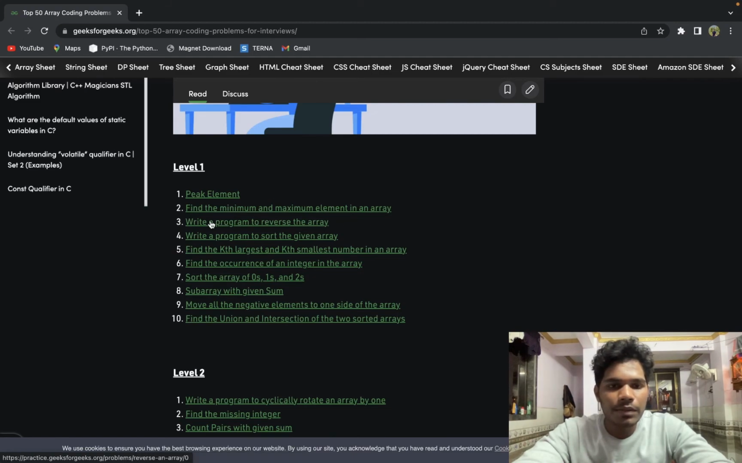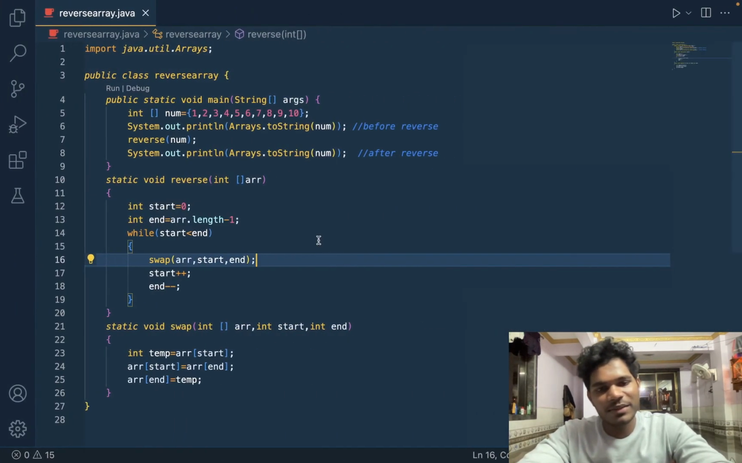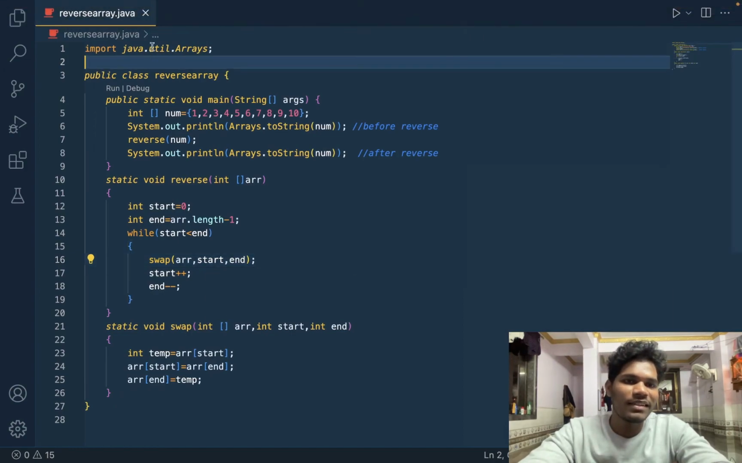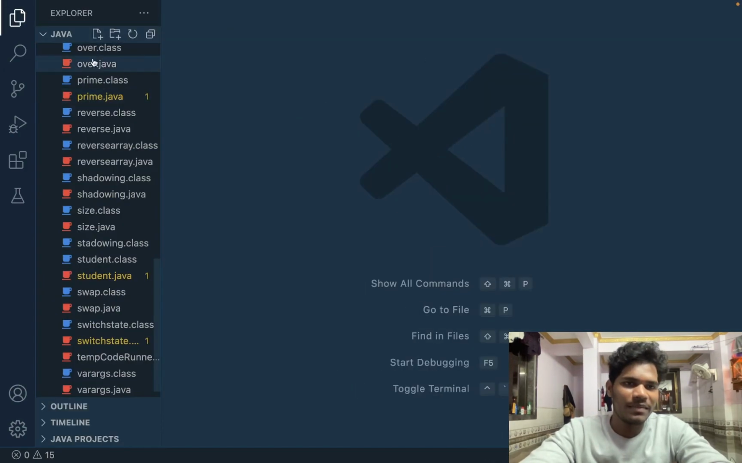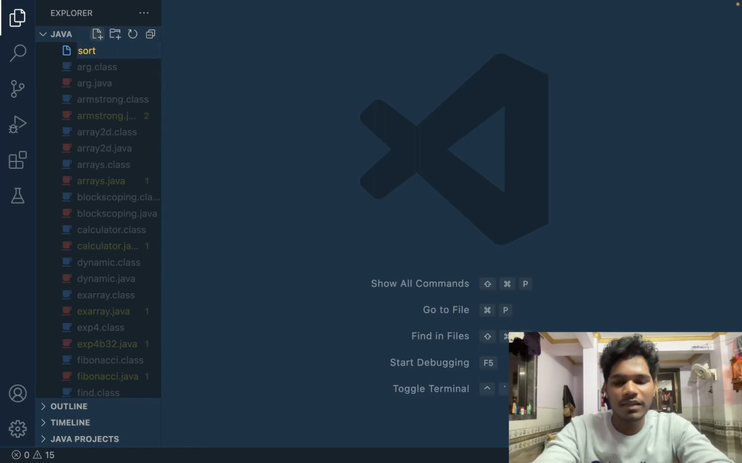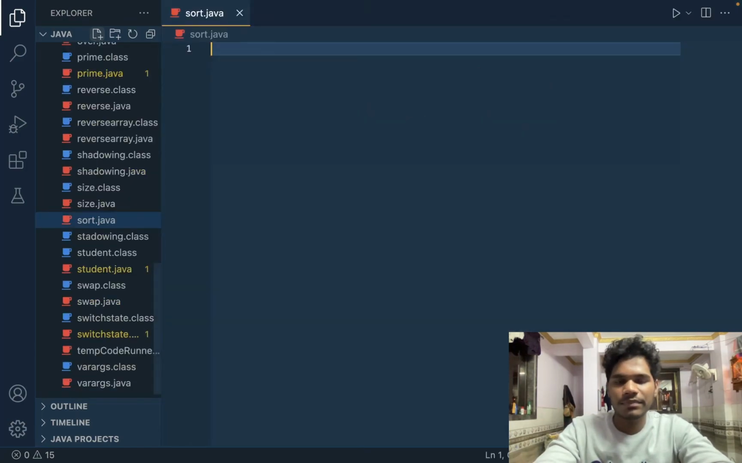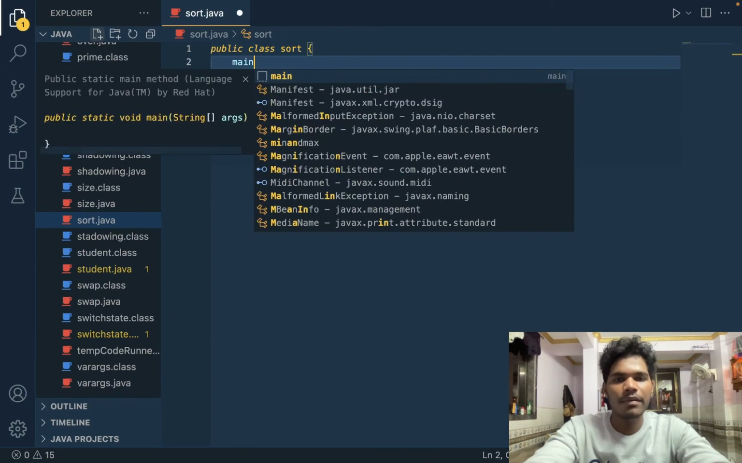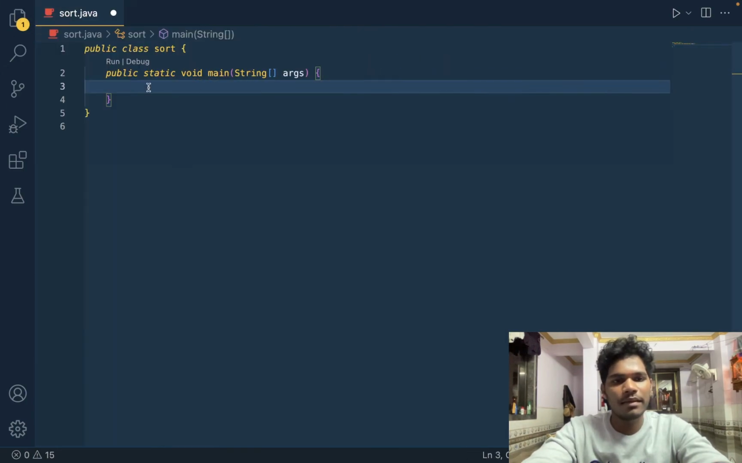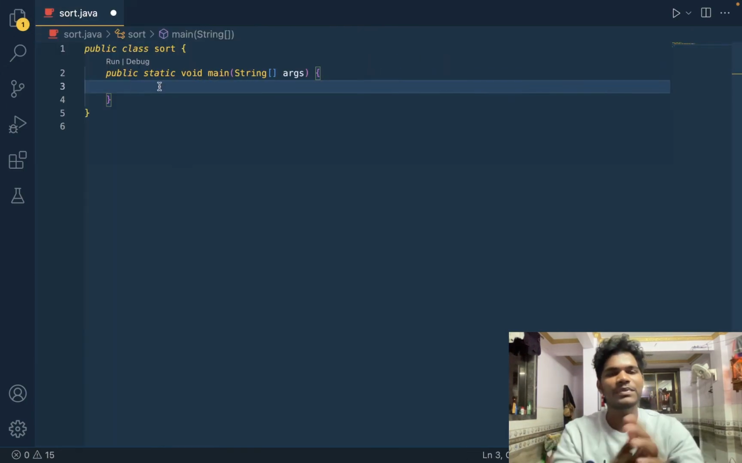I solved the minimum and maximum questions. And what is this? Program for reverse the array, and write a program to sort the given numbers. That is an interesting question. Sort. What is sorting basically? Sort.java. So sorting, I will give you one shortcut. See, what is sorting? Basically, what is sorting? The sorting is like